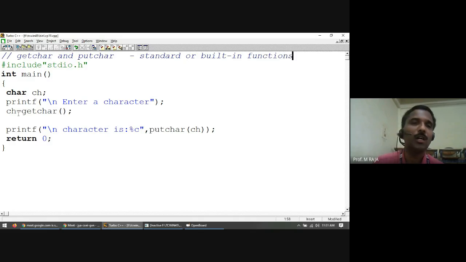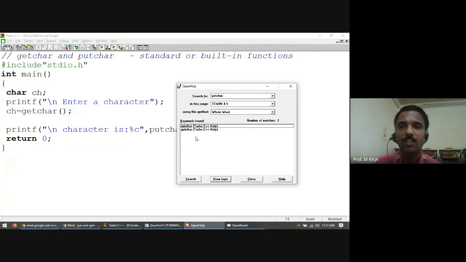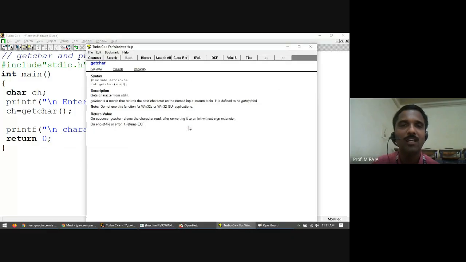To learn the help for the getchar function, you can place the cursor anywhere in between getchar and press Control F1. After that, you can see this. Search for getchar. Keywords found: getchar, Turbo C++ help. Same for both C and C++ versions. getchar, double click. You can find